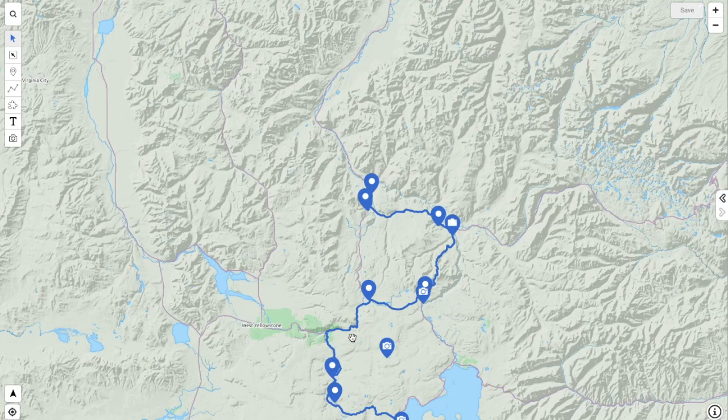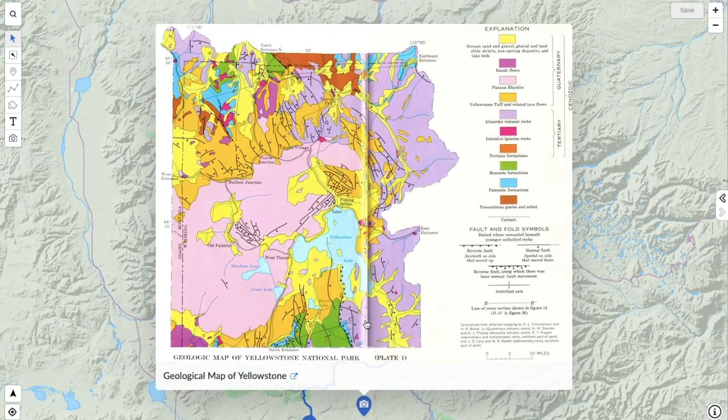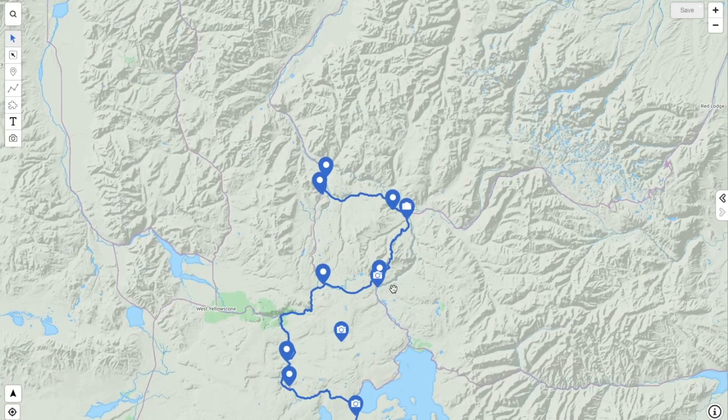Take it along. Just before I start, I want to show we put a geological map inside this interactive map, just to show you guys and explain what kind of rocks is in which section. So on this geological map, it even shows you certain Old Faithful, West Thumb, and it shows you the route too. So I thought it was a good add. All right, so I'll be explaining